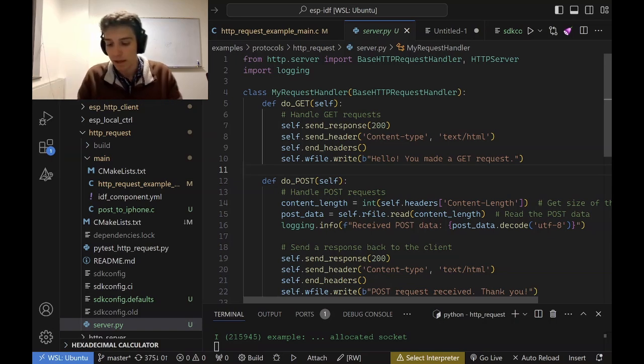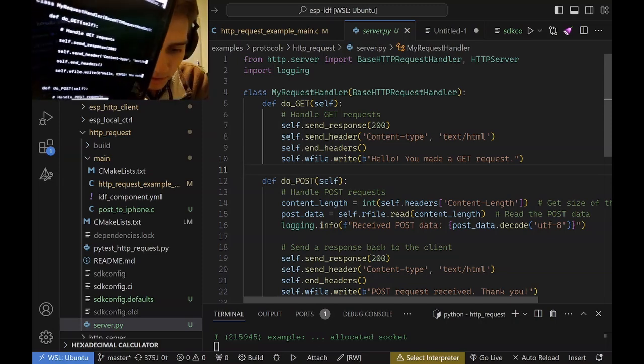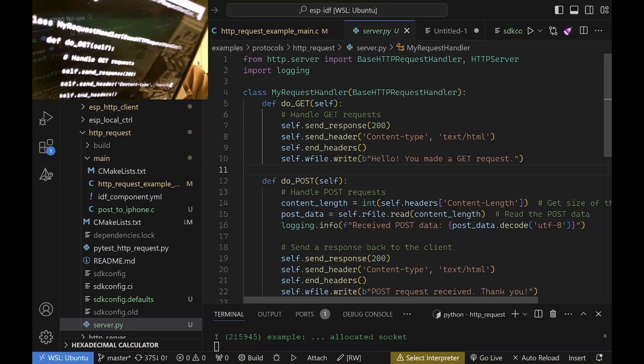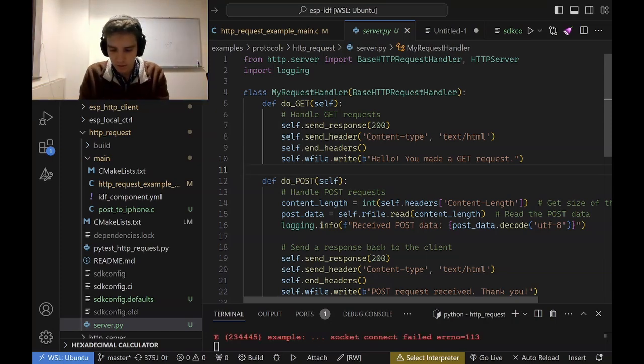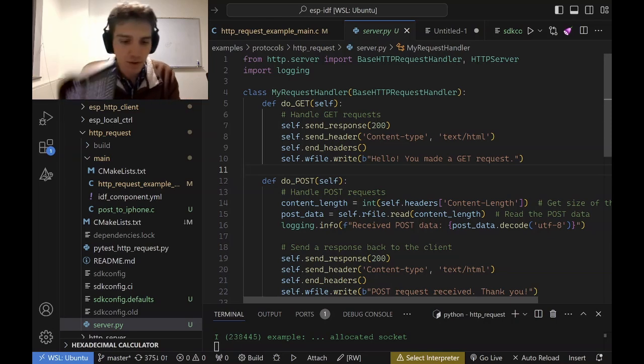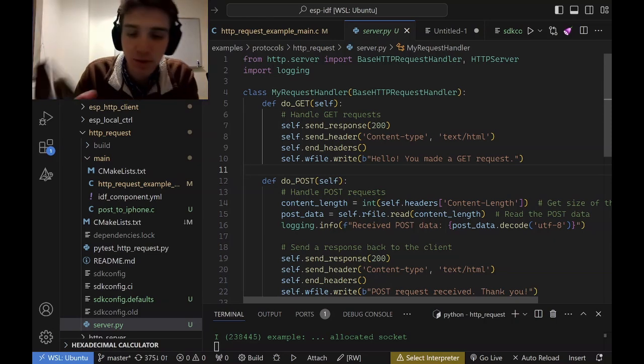And then if we run nano server.py, we can see here is in fact this file, and we can see the do_GET and the do_POST. I can close out of this. So finally, after all this, now in theory, we should be able to run python3 server.py. Okay, so I've just typed in python3 server.py. Okay, and if I run this,